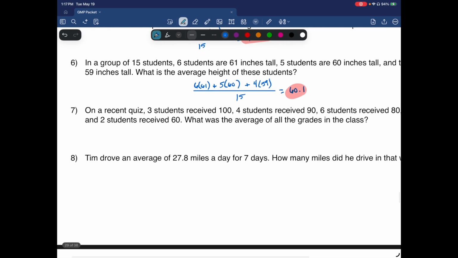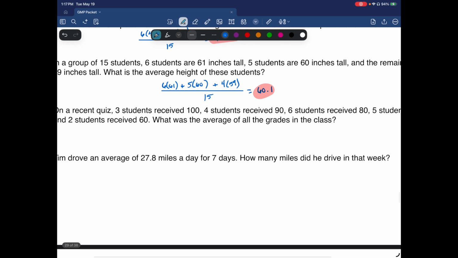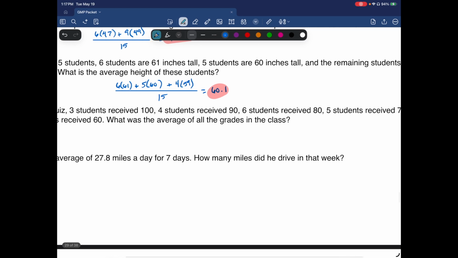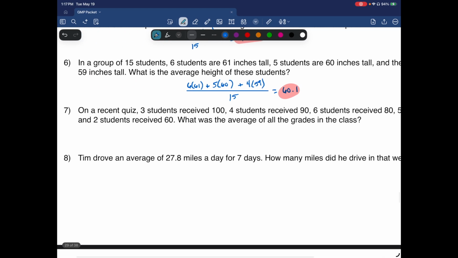Okay. On a recent quiz, 3 students received 100, 4 received 90, 6 students received an 80, 5 students received 70, and 2 students received a 60. What's the average grade in that class? All right, so